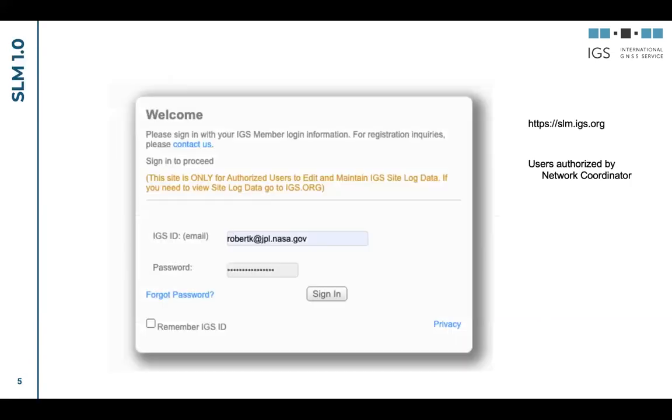So we're talking about what it is. Just to give you a snapshot of things, at the URL slm.igs.org, when you go there, you see a login page that users get prompted to log in. All the users are authorized by the network coordinator. And when they do have an account, when they're signed in for each agency, they're mapped to a list of